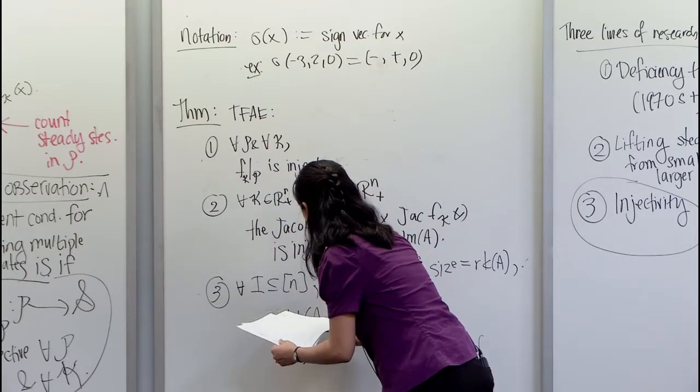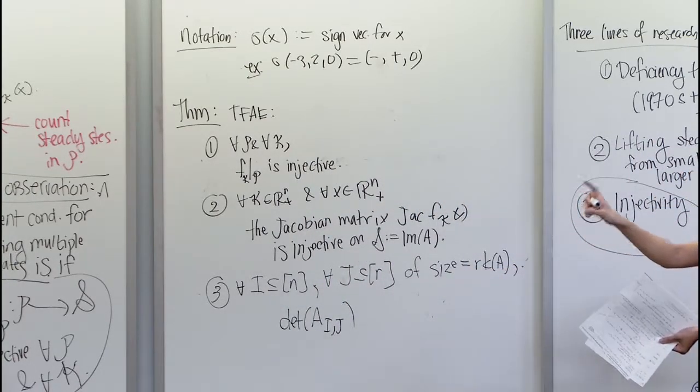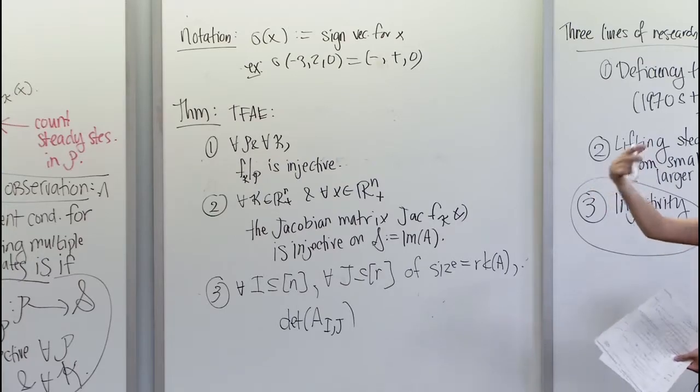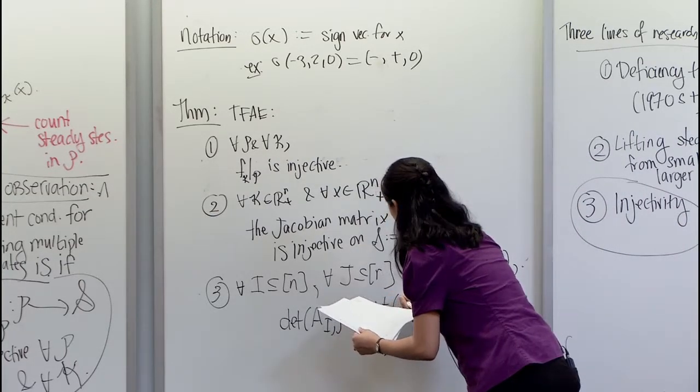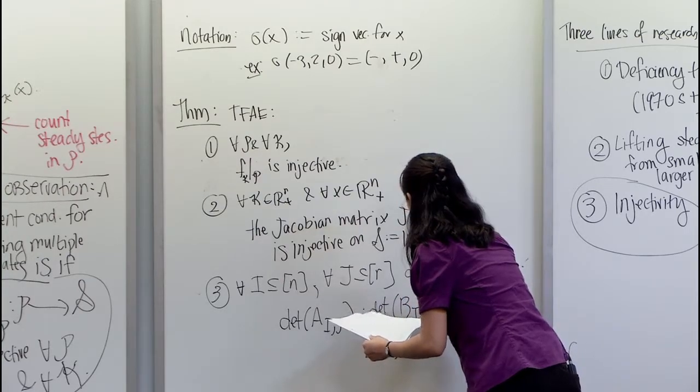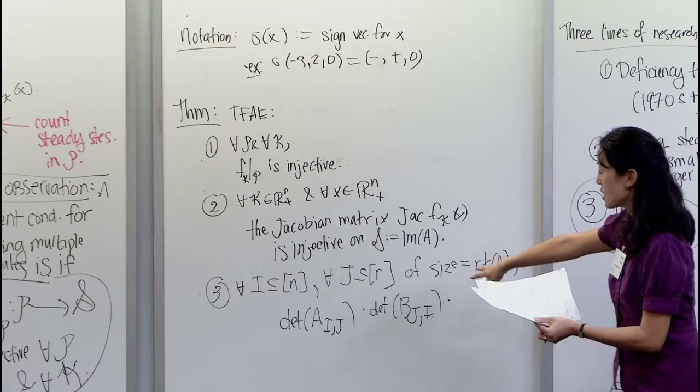I look at the corresponding subdeterminant of A, defined by the rows I and the columns J. And I also look at the determinant of the corresponding entries of B. Remember, A is the coefficient matrix, B is the exponent matrix. I look at the corresponding determinants, and I want to make sure that they're not of opposite sign. So in other words, I want to ask that the product is either